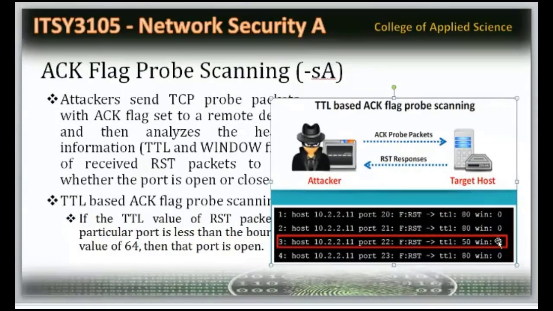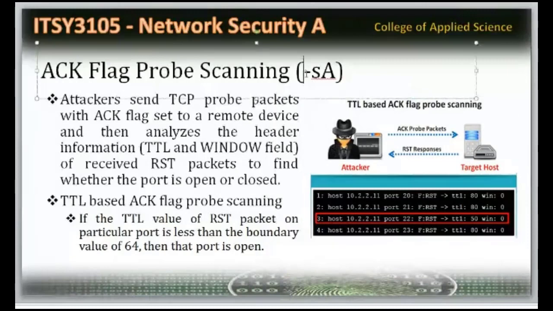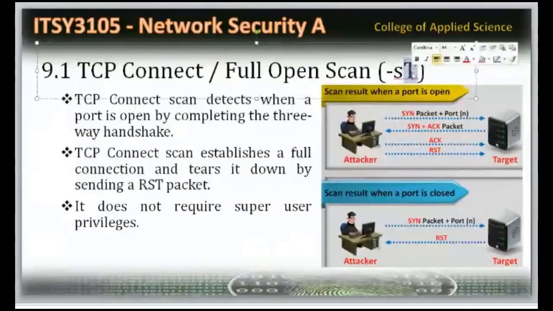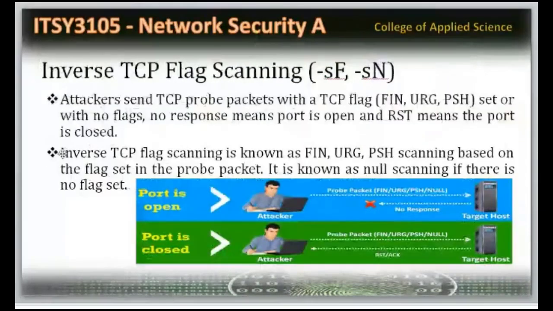So using the acknowledgement method, you can scan. Scanning using acknowledgement, all these things we are going to see in the lab part of Nmap. So these are all the commands. Scan for A, acknowledgement. Scan T, this is the TCP connect. The next one is stealth scan. The next one is going to be TCP flag. This is the FIN, and this is for null.